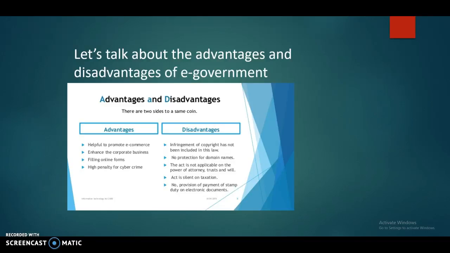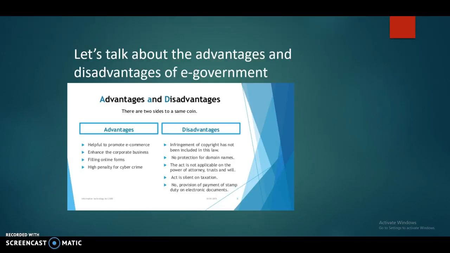So, when it comes to advantages, you're able to offer an increased portfolio of public services to citizens in an efficient and cost-effective manner. So when it comes to disadvantages,